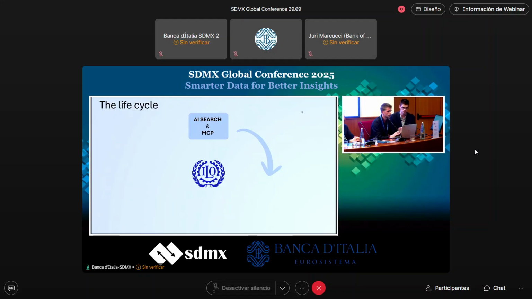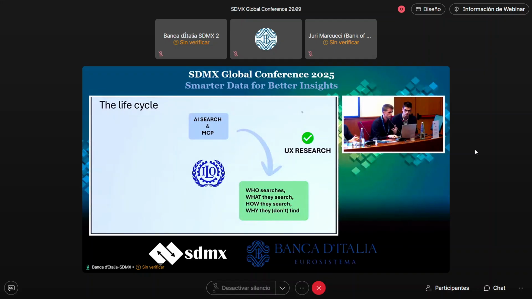We have the AI search engine and the MCP, which we talked about before. But out of all the queries that we can collect from the users in an aggregated way, we want to understand who is searching, what they are searching, how they are searching, and whether they are finding what they are supposed to find. After this, which is basically UX research, which we are implicitly conducting for OECD,